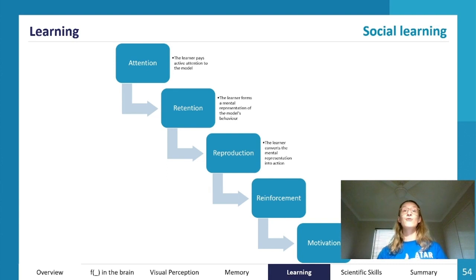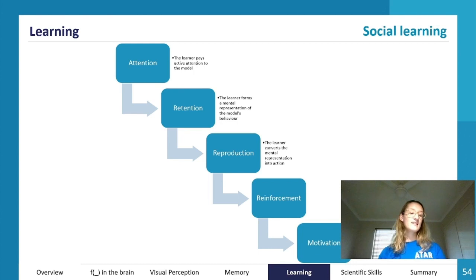So for example, if I met somebody that had a PhD in mathematics and they were writing up and solving this really complicated equation on the board, yes, I can pay attention. Yes, I can retain a mental representation of the model's behavior of solving that math problem. But no, I do not have the intellectual capacity to actually solve that problem. So if I can't reproduce it, we can't move on. But say it is a behavior I can reproduce, then we actually move on to